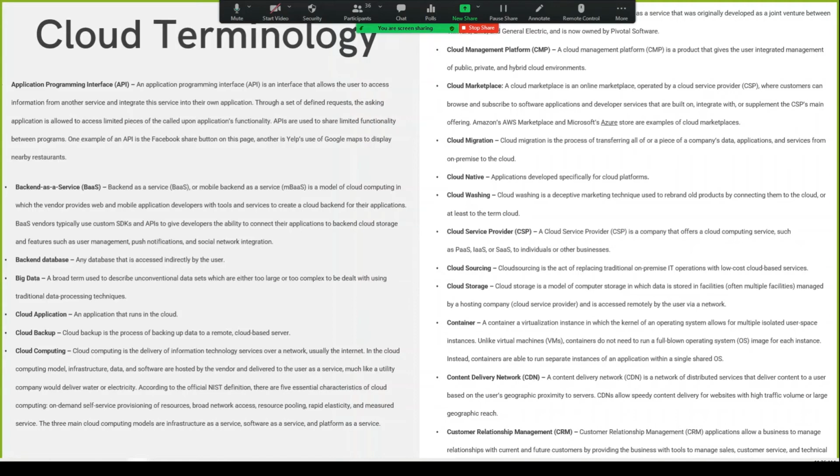So how to support this kind of humongous data? Big data is one of the platforms which is different from traditional RDBMS, and that is a very good example of a distributed system. So what they are saying is a broad term used to describe unconventional data sets which are either too large or too complex to be dealt with using traditional data processing techniques. So they save this data into multiple nodes, and this kind of data